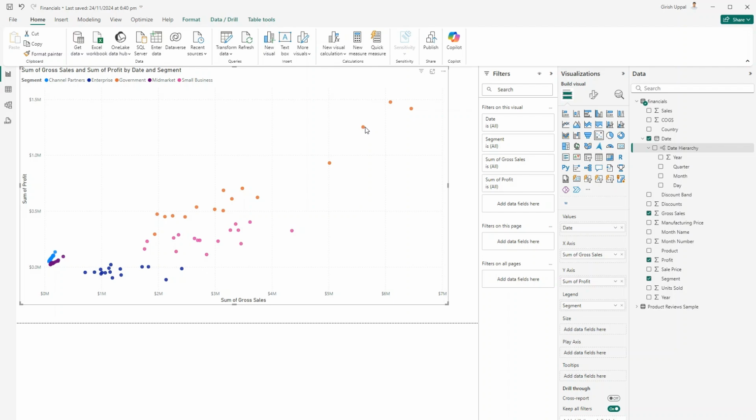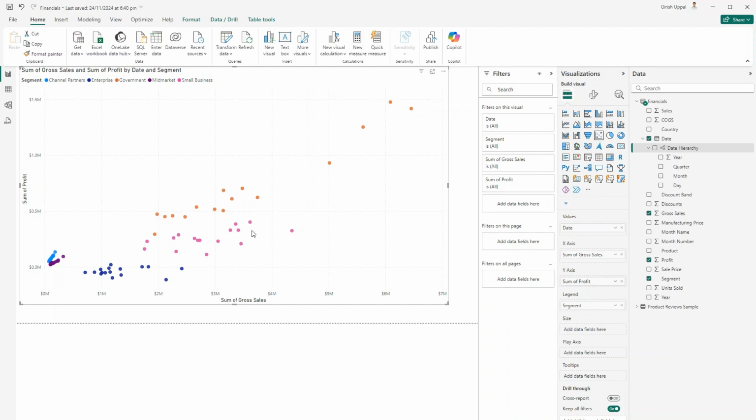Now, if you see this orange, this part over here, this one is government, and for between 5 to 6 mil, sum of profit is between 1 to 1.5 mil. And this is the more lucrative area, so I need to focus more on government if I want to get more profit for my future